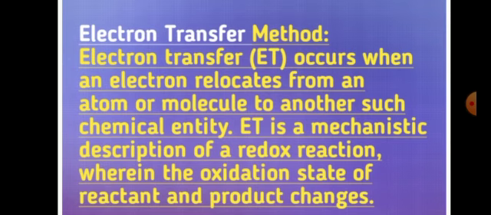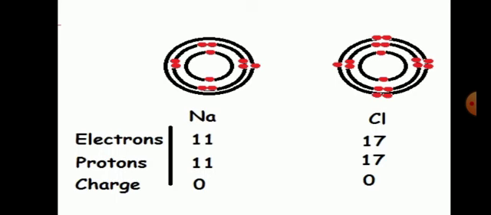So it can be of higher quantity or of lower quantity. It can be plus charge or minus charge. So you can observe from this example that you have electrons, protons and charge. The charge here is for both sodium and chloride, the charge is 0. It means that they are electrically neutral in their elemental state. So electrons in sodium you have 11, and chlorine you have 17, and protons you have 11 in sodium and 17 in chlorine.